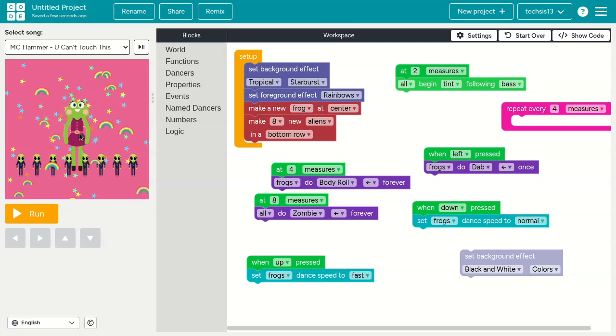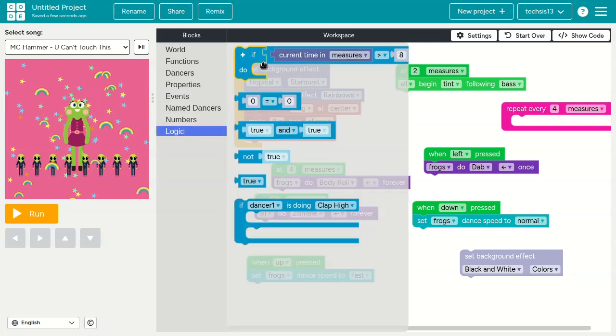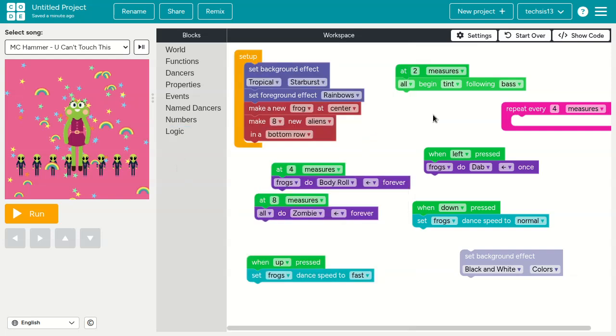Now you could also, of course, get the background to change every so often. You can use conditionals in it and lots of logic, so you can use if and all of that as well. Anyway, look, just mess with it, just experiment. You're not going to break it, right? Just have some fun messing with this.